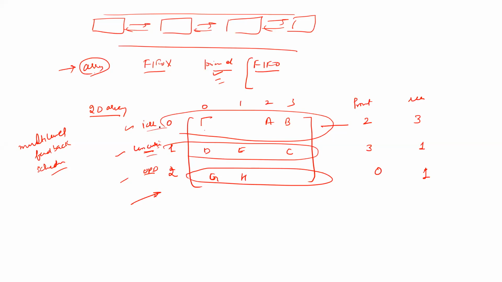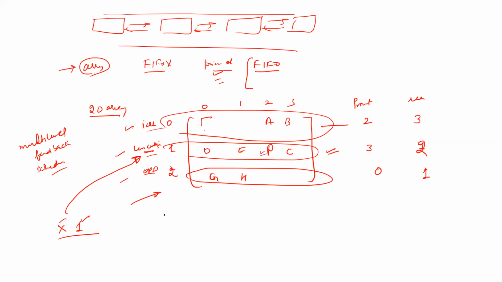Okay, so what about the deletion from this structure? Insertion can be done depending on the priority. Let us suppose I want to insert a new element, say X, with the priority value say 1. Obviously X will be inserted only in the less critical area. If this capacity is already filled, let us suppose front is 3 and rear is equal to 2, if this chunk is filled in, you can say no insertion is possible. This is an overflow case. That means the respective element will be inserted only in the respective row.